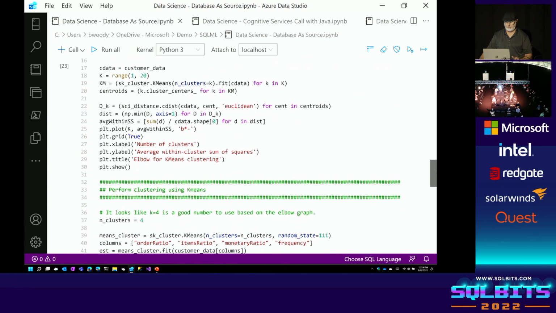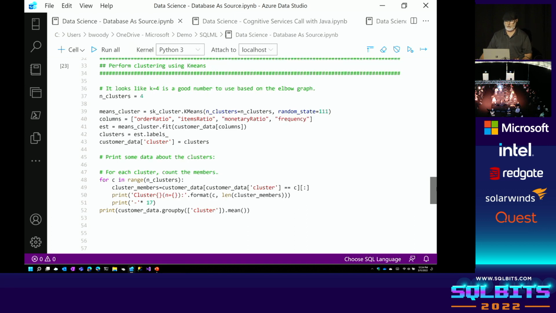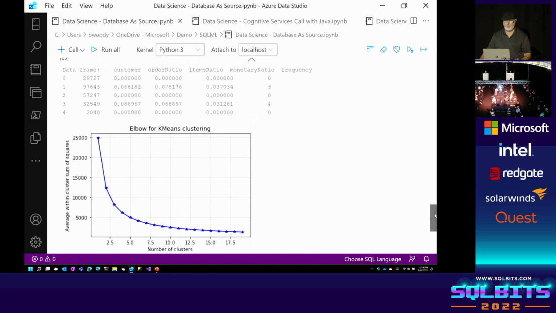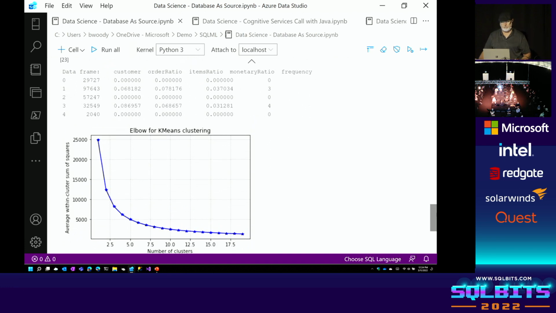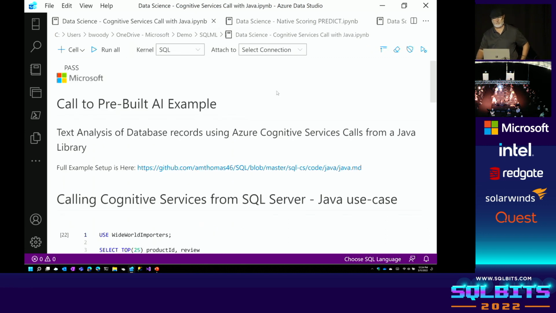I'll plot it first to show it, and then I'll just do a clustering using k-means algorithms for that, and I get my information back. That's the way that looks. Looks like I've got 5 groups here that it bundled me into, and it shows the performance of the model over time as it does its work. So this is just using SQL Server with Python. Nothing new here. We've seen this. But I just told you that you didn't have to learn any of that data science stuff from here.